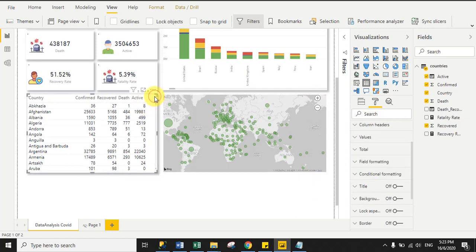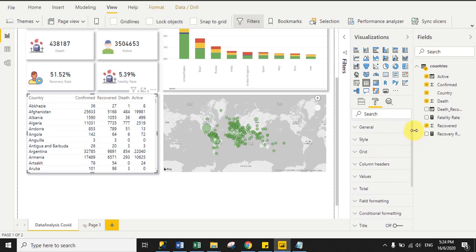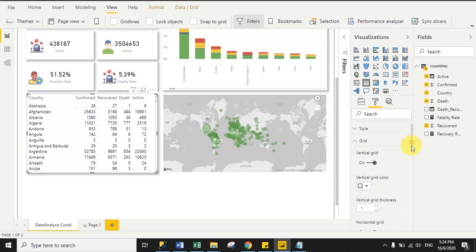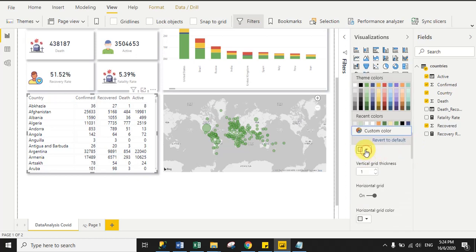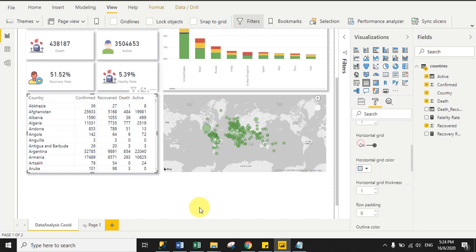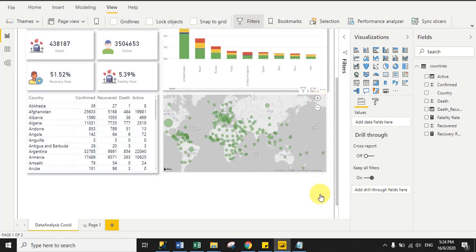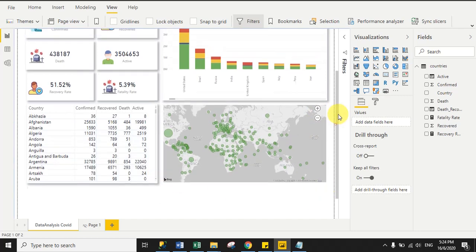and after that you can enable the vertical and horizontal grid for table. So just enable a vertical grid, and you can change the grid line. So right now it is gray, so just select the light blue, and same for horizontal grid, just select the light blue. So here we successfully created two more visuals. One is map visuals and second one is table visuals. Now